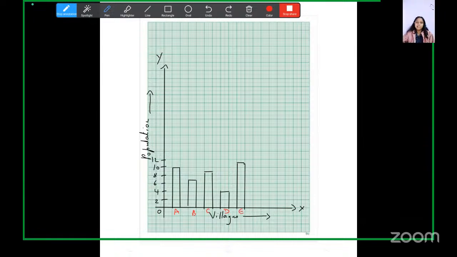Got it now? Any doubt in this question? No, ma'am. Okay. Yes, Ibrahim. Ma'am, where is the scale? Where is the scale? Here is the scale. The scale in this one is, I'll write it down,